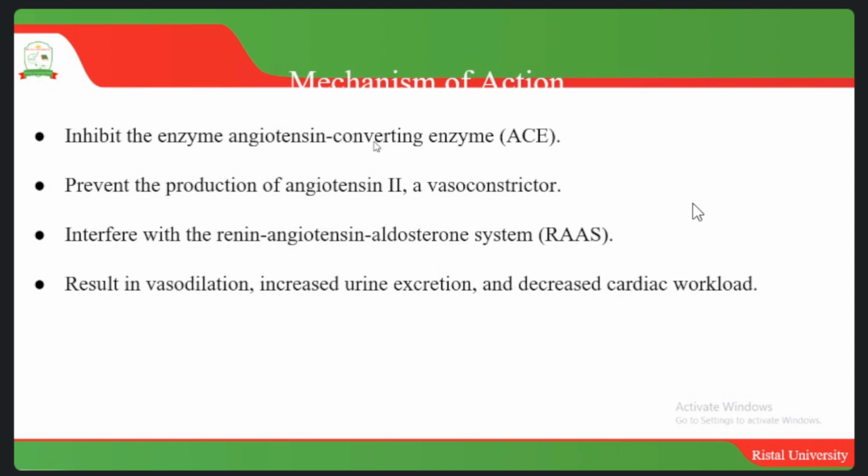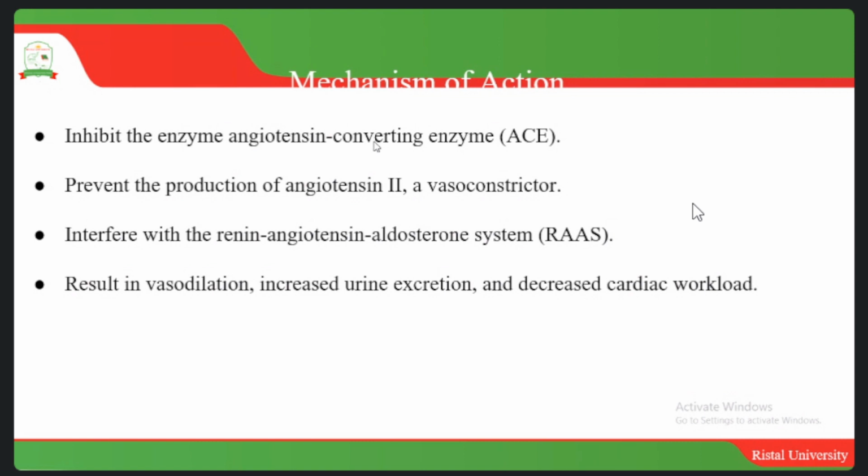So these ACE inhibitors are very important because of their mechanism of action, whereby they prevent the angiotensin 2 production, and also inhibit the renin angiotensin aldosterone system mechanism, and by that they'll be able to cause vasodilatation, increased urine excretion and decreased cardiac output, because they will not allow retention of sodium